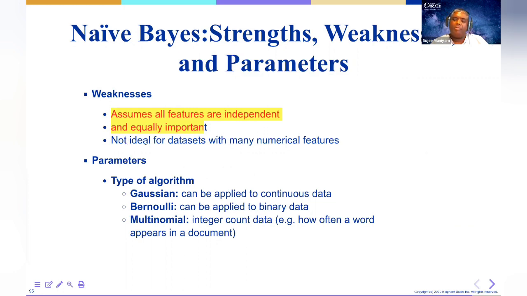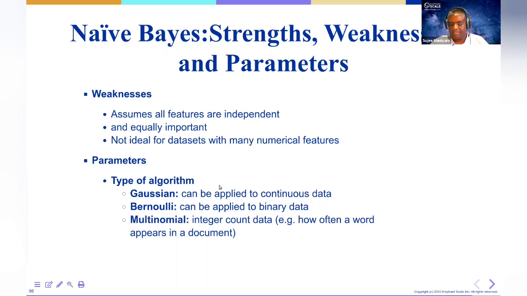If you have a data set with a lot of numbers, naive Bayes may not work. For example, remember the house price data? Everything is numbers. When you have data like that, naive Bayes really doesn't work well. It's ideal for text and categorical data, like the spam text data you guys just did. And like I said, you probably used multinomial for your labs.